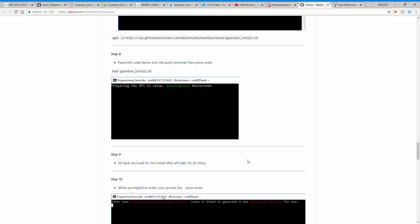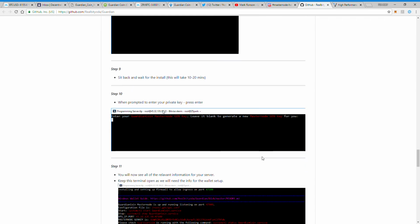Then it begins opening that up. It takes 10 to 20 minutes. For me, I think it was a little bit faster. And then now it says, when prompted, enter your private key. Now, I didn't currently have a private key, so it says right here, leave blank to generate a new Masternode genkey. So I hit enter, and it gave me